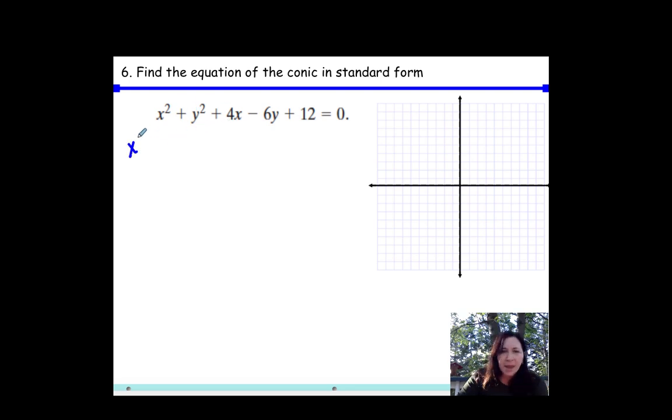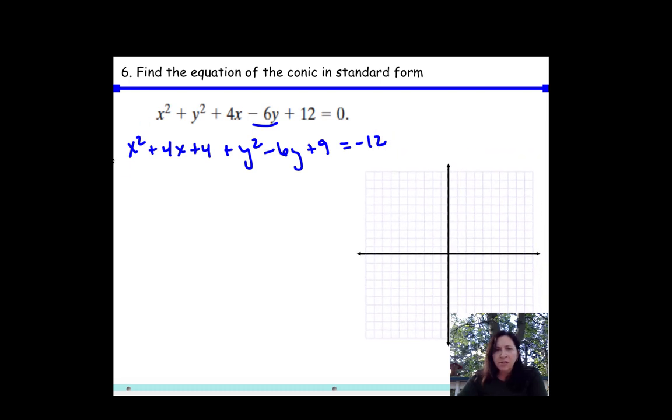So we're going to get x squared plus, I'm going to group these, 4x. And because I don't have to take out a number in front of the x squared, I'm going to complete the square because I have an x squared and an x. So half of 4 is 2. 2 squared is 4. Plus y squared, and then I have the minus 6y. Half of 6 is 3. 3 squared is 9. Equals negative 12,